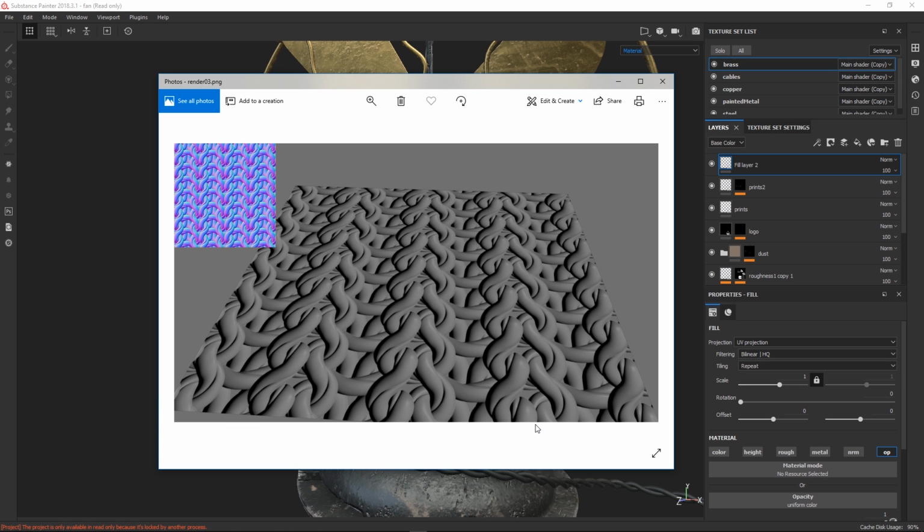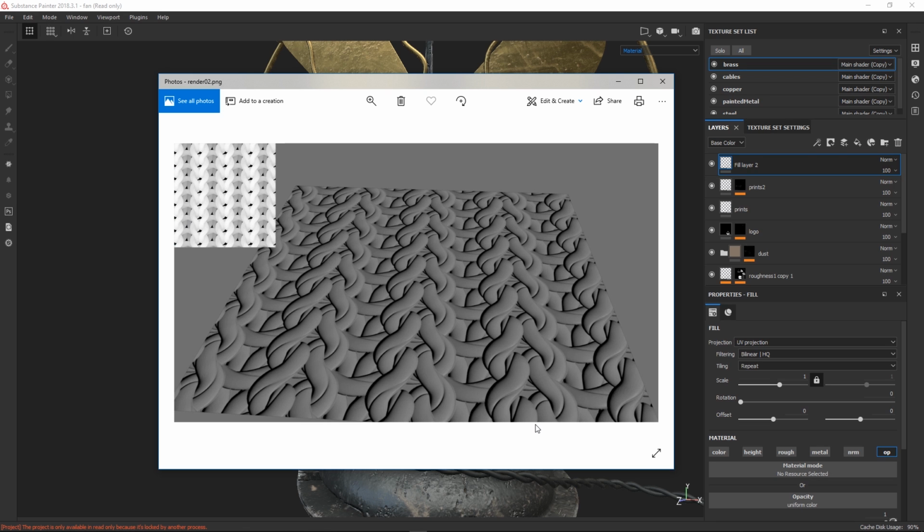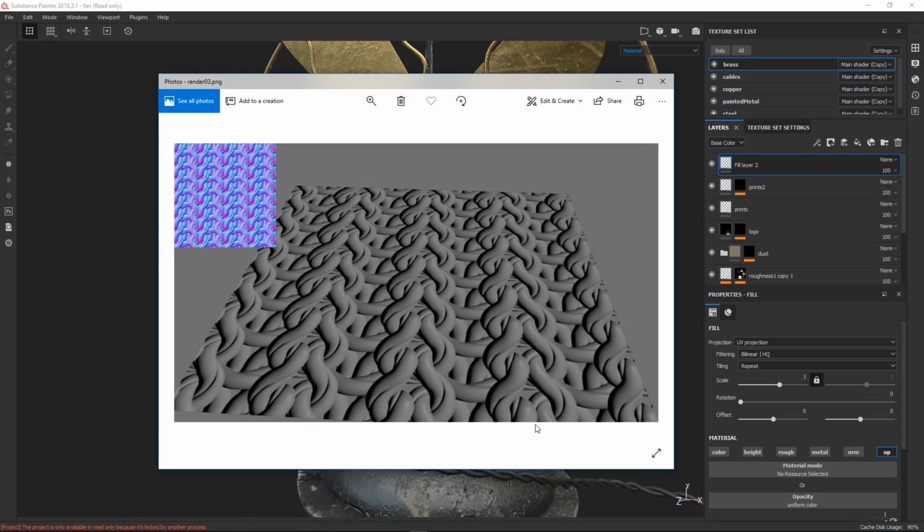Then we have a normal map. A normal map is just completely different from what a bump map is. You can see the difference if you look in the top left corner: it has 3 colors as opposed to 2. So instead of just going up and down, you can actually get the normal direction of the map, which means it's significantly higher quality when it comes to what information it can portray.